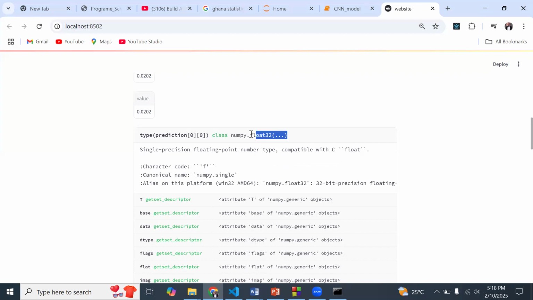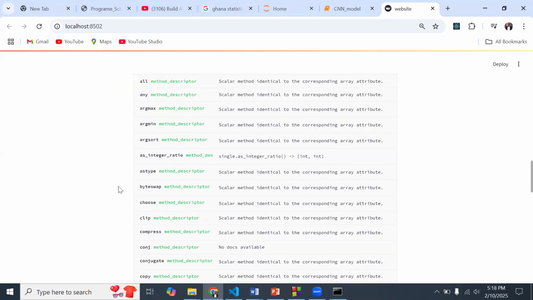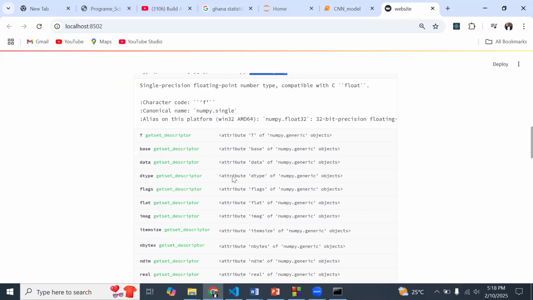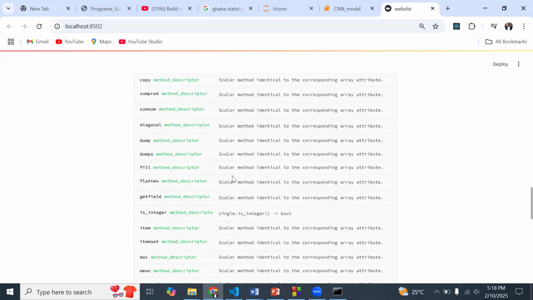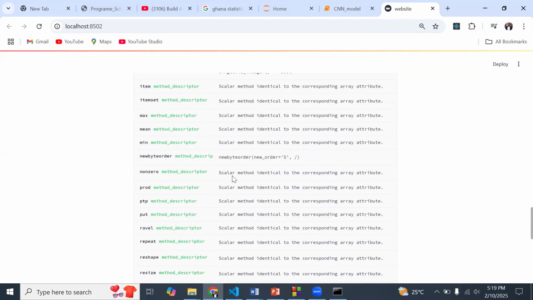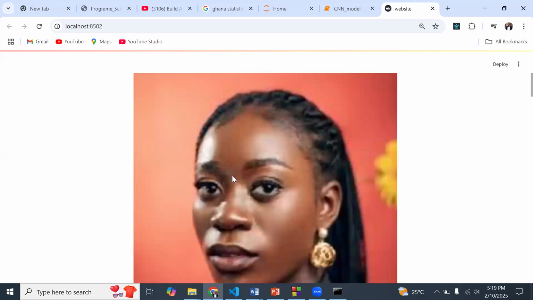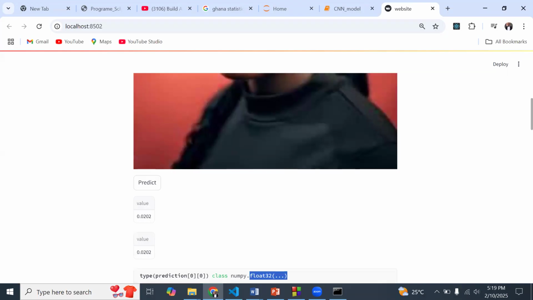Clearly this is a float because it was a 0.00 something. So these are numbers that we can deal with, and clearly you can see that it is telling us that for a float we have these methods that we can apply on floats. So this one is pretty much okay. It is that value that we want.